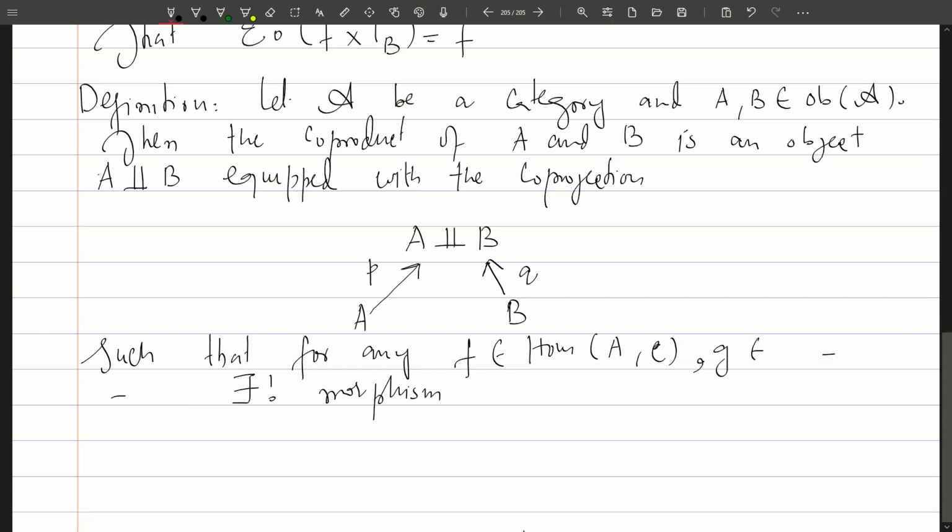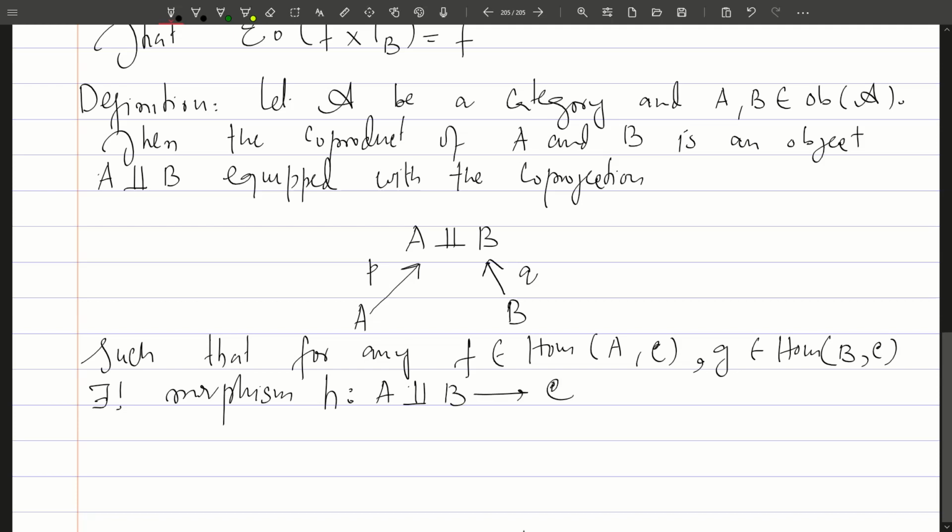And a morphism G, an arrow from object B to C. So for these morphisms, there exists a unique morphism, let us call that H, from the co-product of A and B to object C, such that the diagram